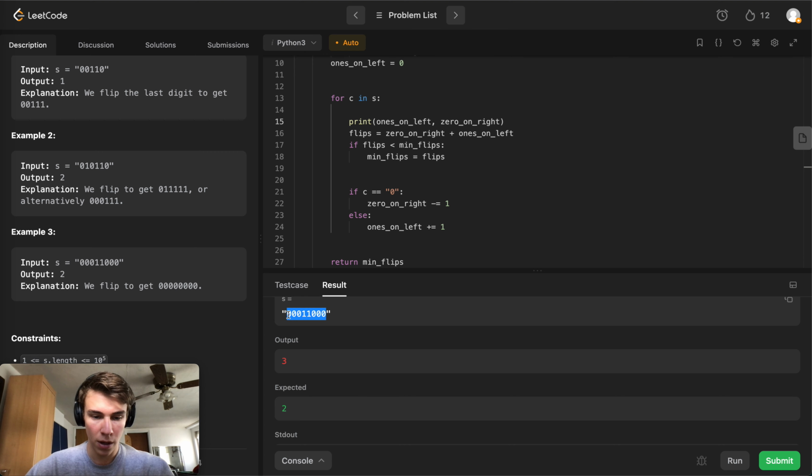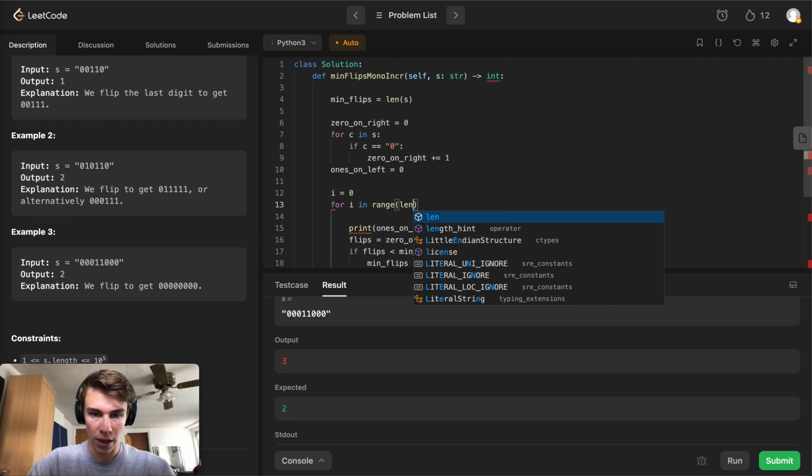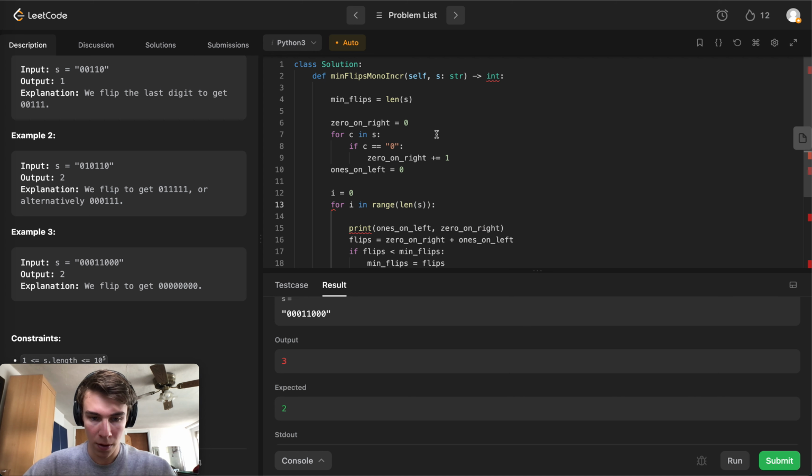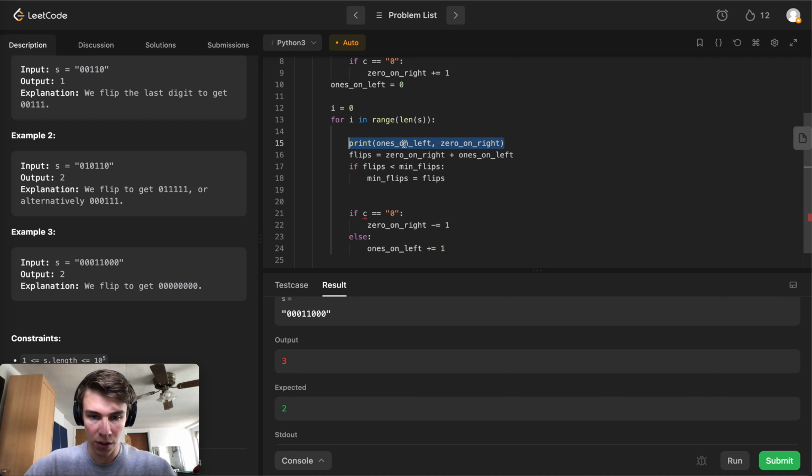Okay, so I know what's happening here right away. We're not considering the last character at all. So this seems like an edge case. Let's implement our own loop. Say that i is equal to 0, for i in range len s. We're going to first get the